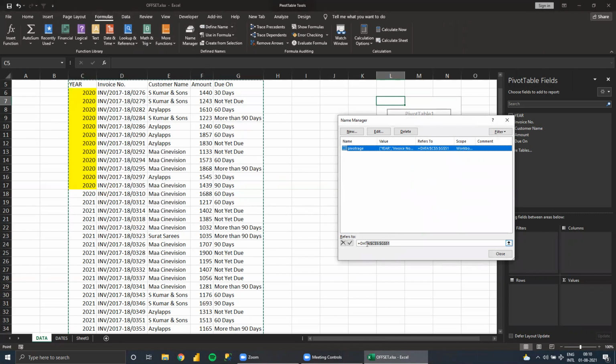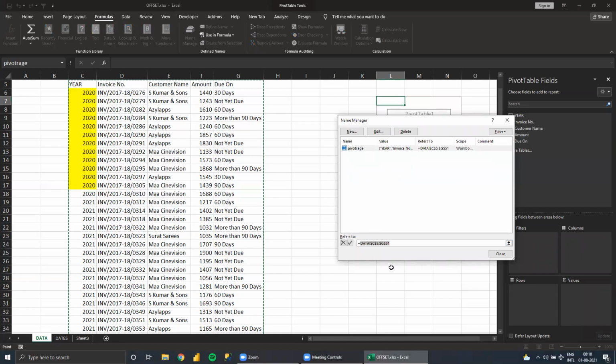This named range we need to make dynamic. How to make it dynamic? Through the offset formula. Now, when we write the offset formula here, we cannot know what the arguments or parameters are.